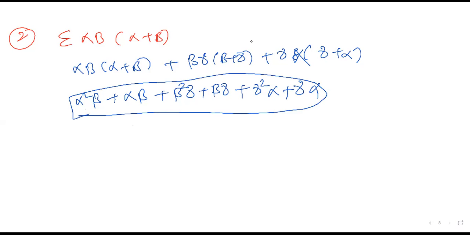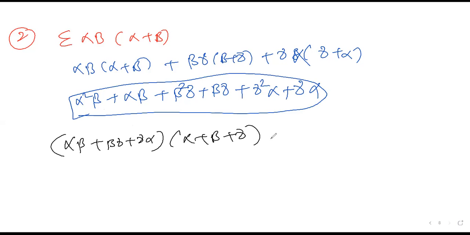Okay, right. For this, I can write directly how this should go here: directly alpha beta, gamma alpha, into alpha plus beta plus gamma, minus 3 alpha beta gamma. This value is equal to this one. So how you got the answer? It's very simple. I'll go back. You multiply this, what you got: alpha square beta. It is available.